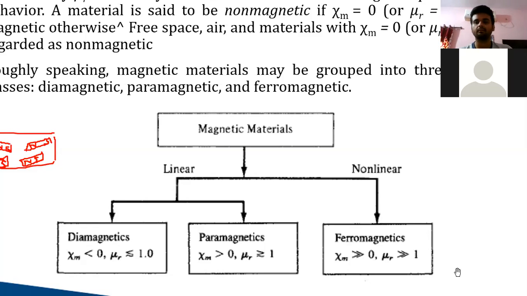So this is a ferromagnetic material. See, mu is much greater than 1. But I'll tell you one important point here. Ferromagnetic material will also become linear after some point. It's not that it will always be non-linear. After the Curie point, or Curie temperature, no need to know all these things now, I'm just telling you for extra information. After the Curie point, ferromagnetic material also behaves as a linear material.